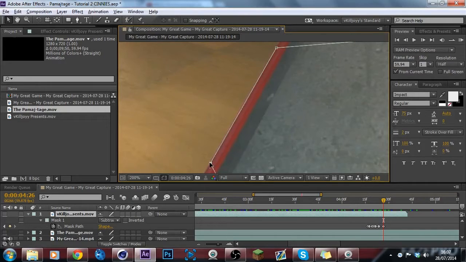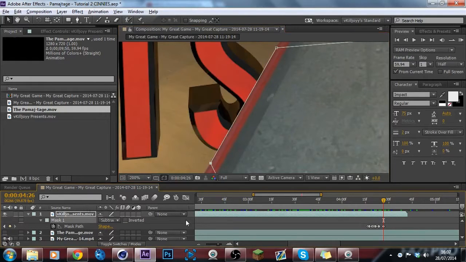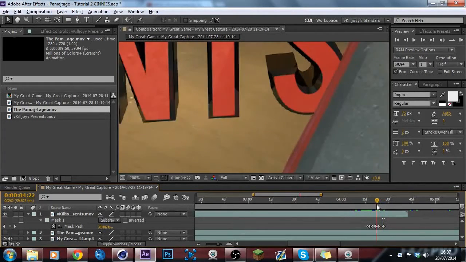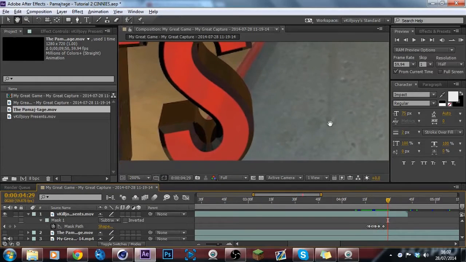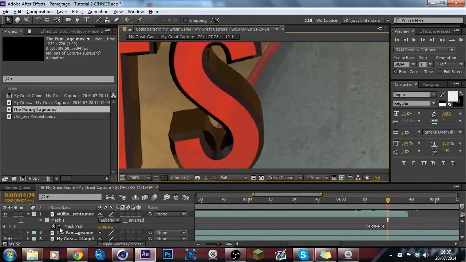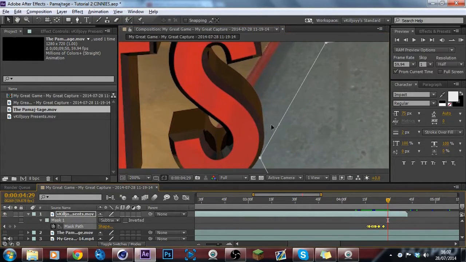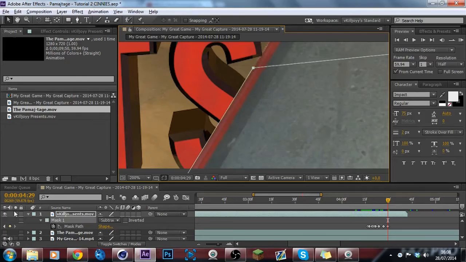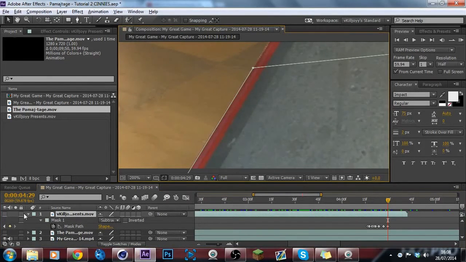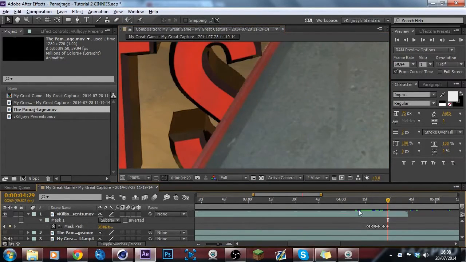Just do this bottom one like that. Turn that on like that. That looks pretty nice. See, just drag back through and you can see it slowly masks itself in. And see now we're coming to the very bottom corner, so it's going to be a lot easier. We just line that up there, get that there, bam, turn that off so you can actually see where the line is. Now turn it back on. I think that looks